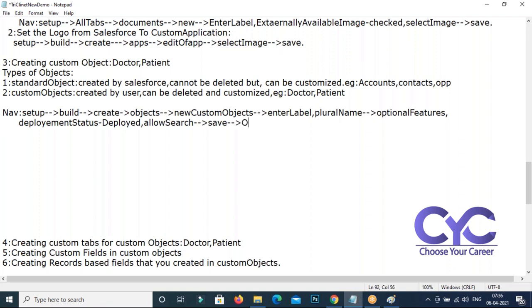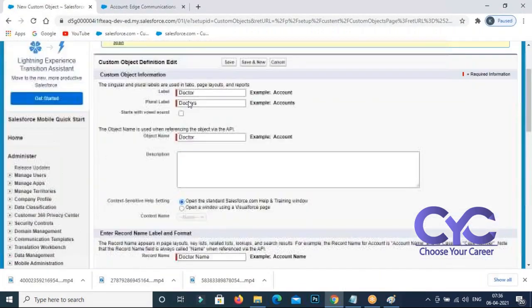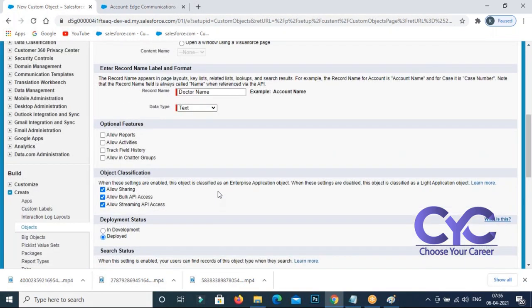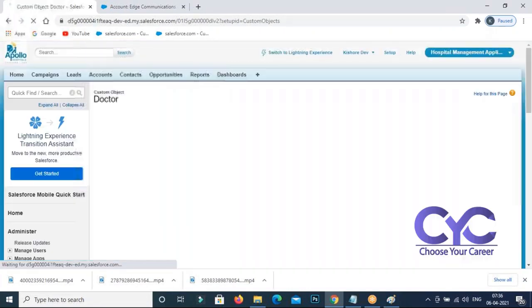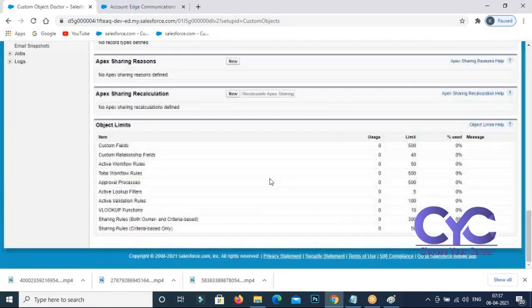Once you save it, you get the object detail page. Your work is to provide only these two words, doctor and its plural. But for any object you create, Salesforce is going to create a lot of information. Let me click on save. So your object has been created. Without the object, nothing exists in Salesforce. Keep it in mind: your business is also going to be implemented and run on objects only. See, the object has been created. The object name is Doctor. This is the object detail page.